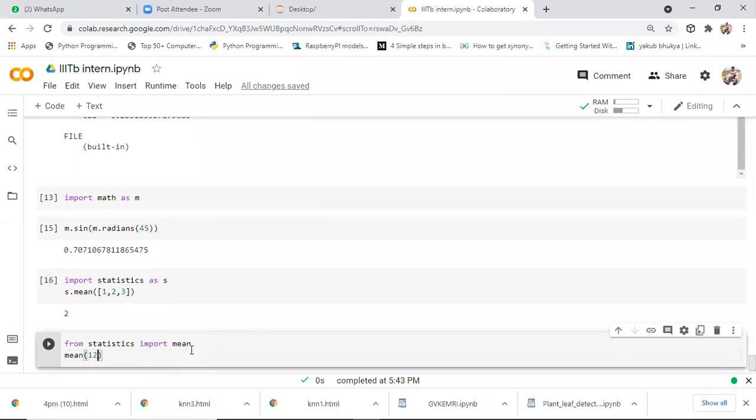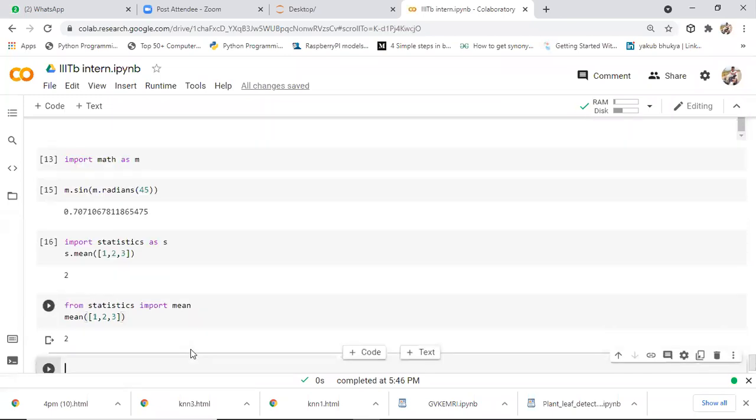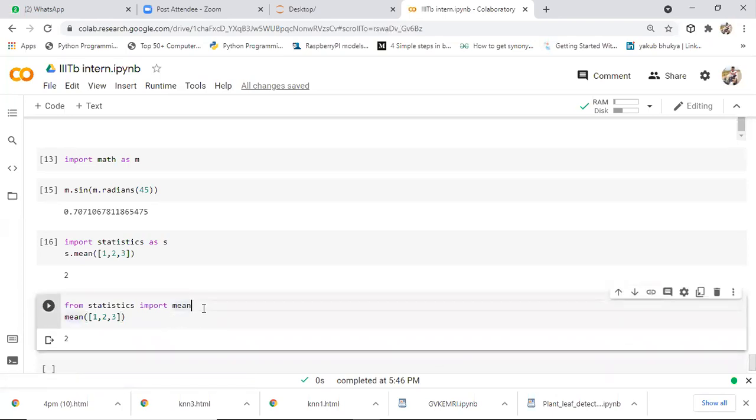If you say mean of 1, 2, 3, we need to specify the values in a data structure, like a list: [1, 2, 3]. It will give you the mean of all these values. Now suppose I want to take the median also, the middle value. I'll import mean as an alias name M, and median as M2.